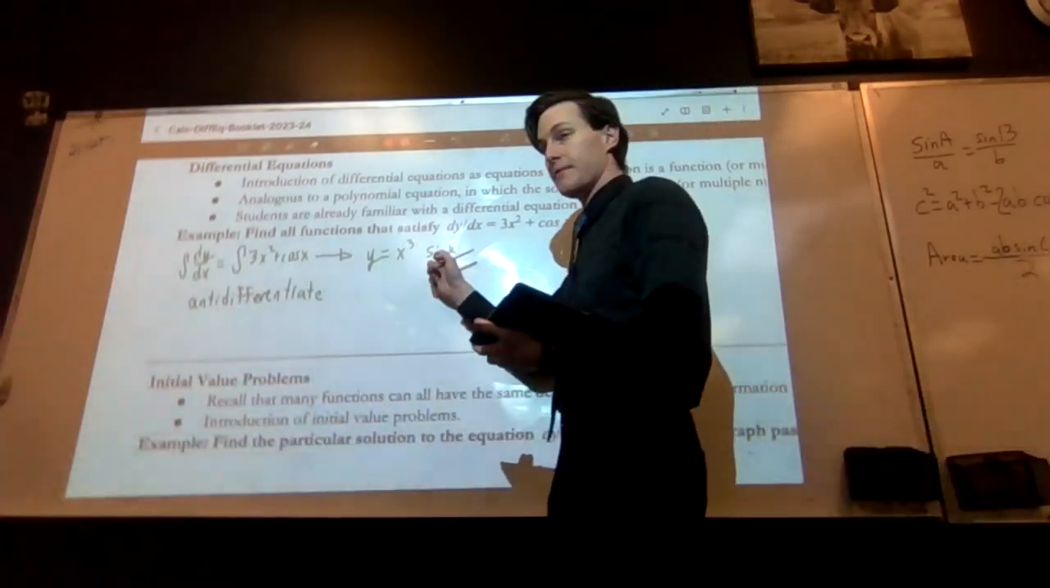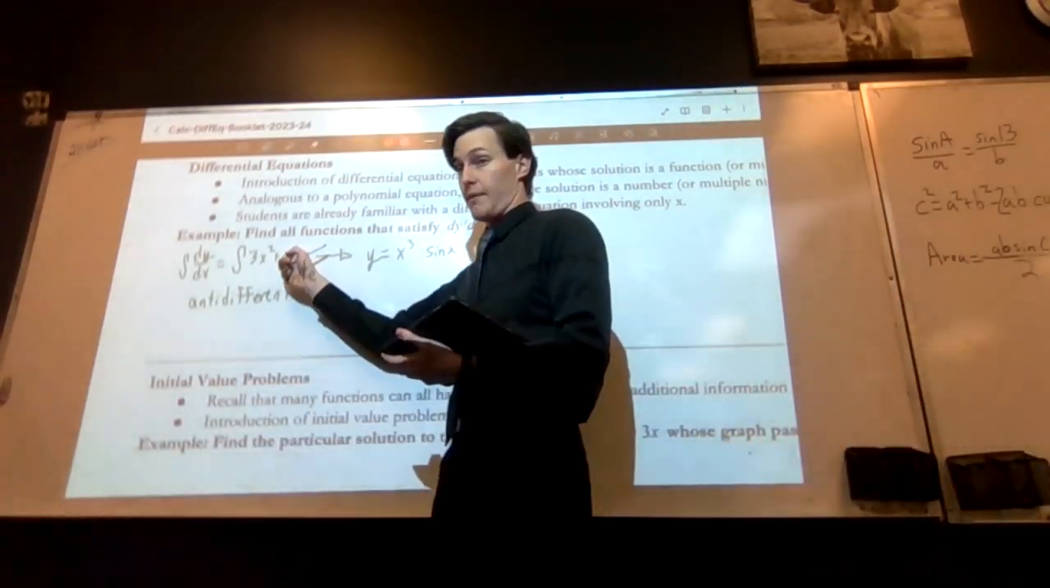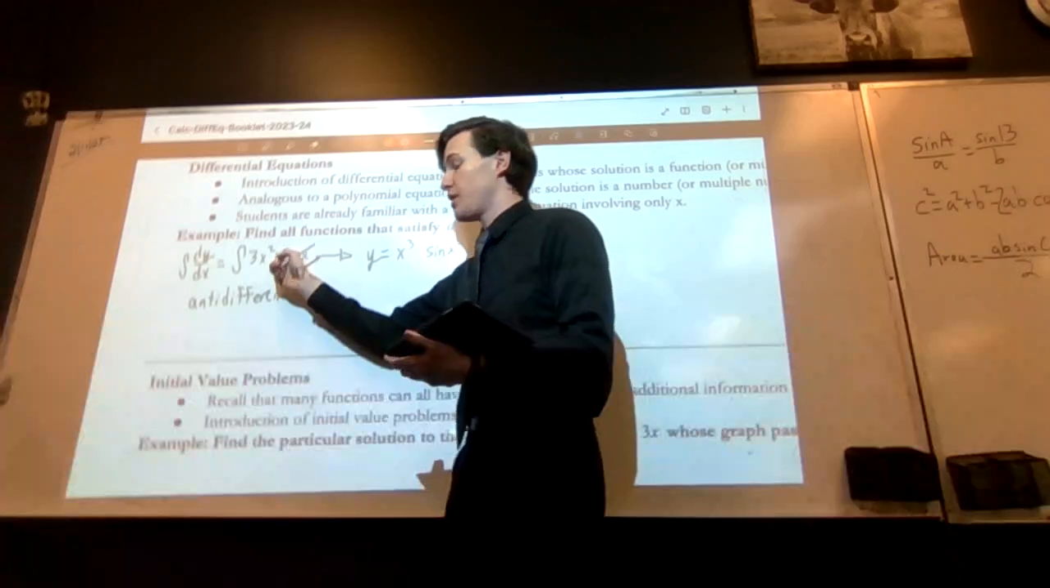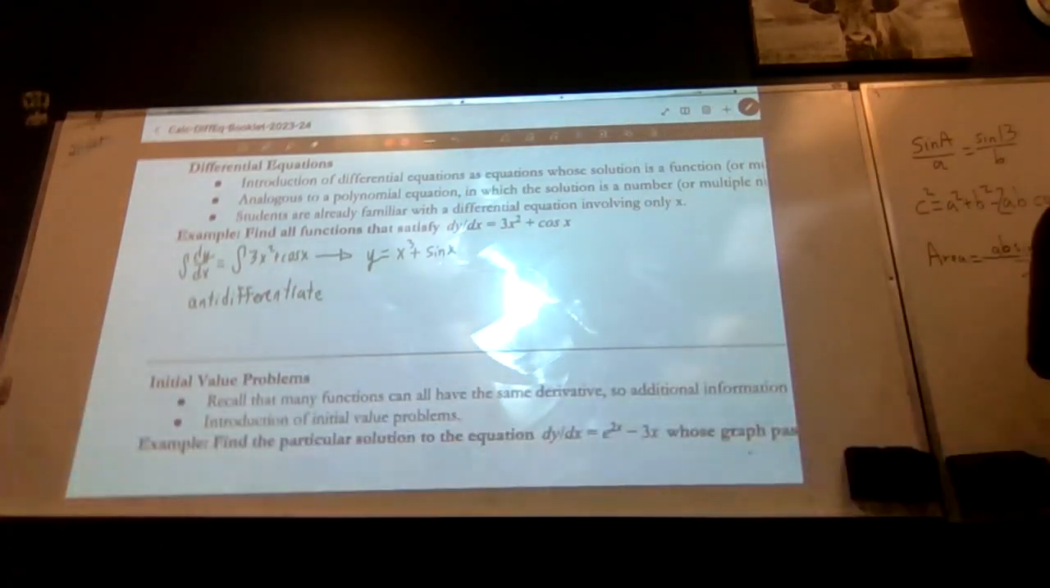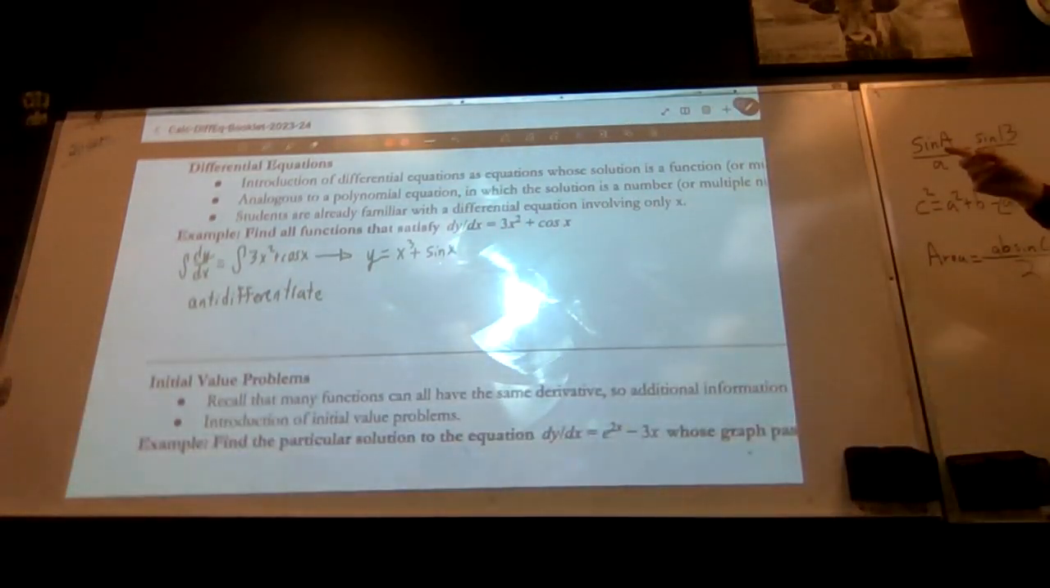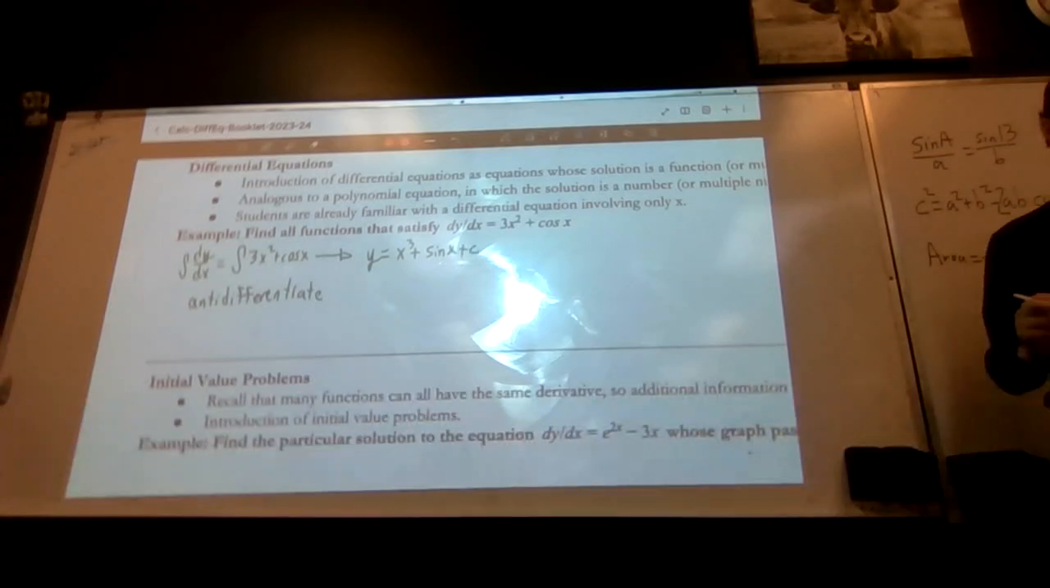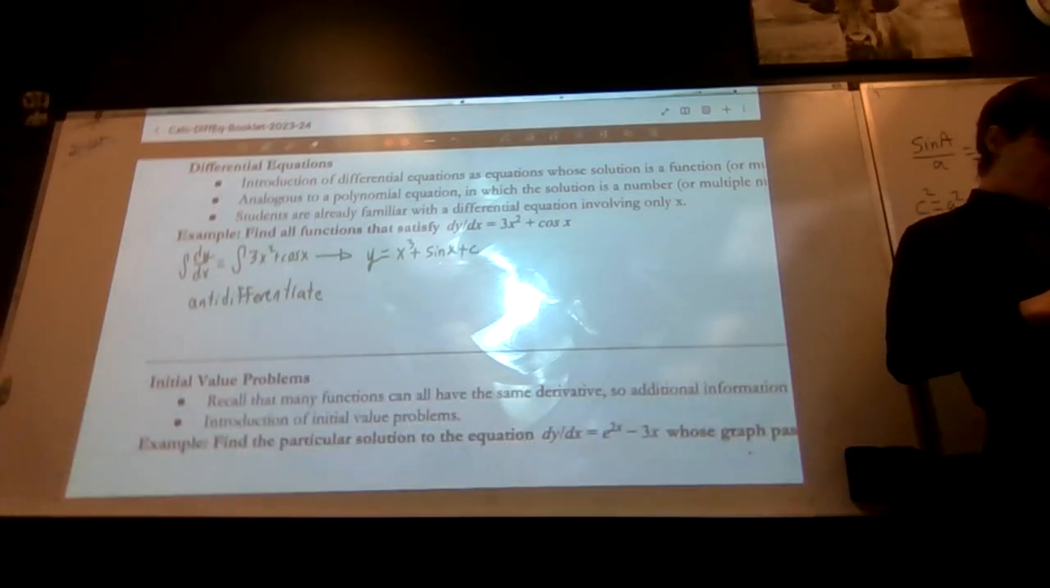So what's the derivative of sine? Cosine, positive cosine. The derivative of sine is positive cosine. Therefore, this should be just plus. And then what am I missing from here? Now I have to add C, plus c, that constant. Just remember, this disappears